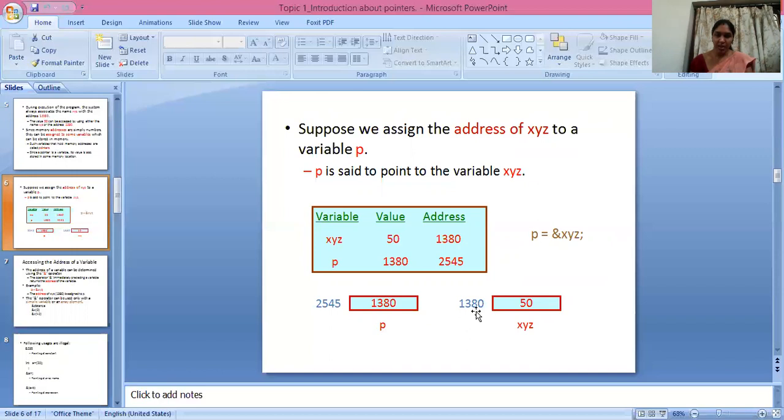Another example: 1380 is the address of xyz, 50 is the value, and xyz is the variable name. Here p is equal to the address of xyz. That means the value of p is the address of xyz, that is 1380. This is the example for pointer.